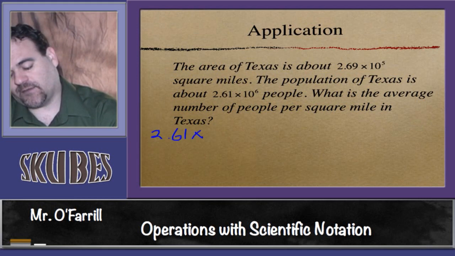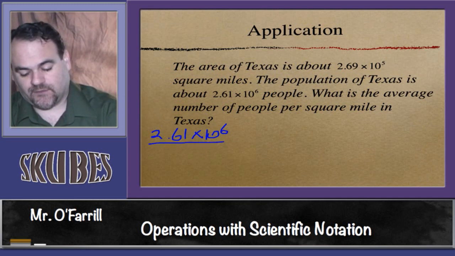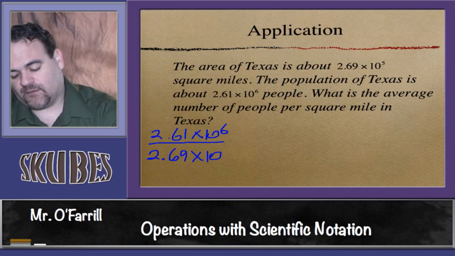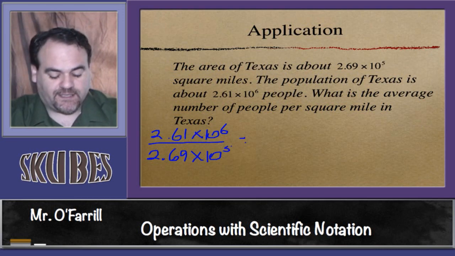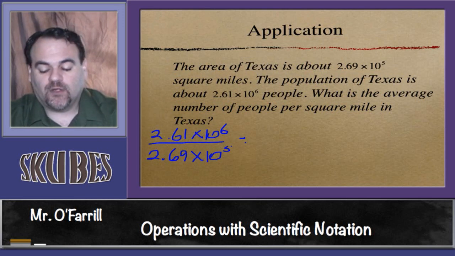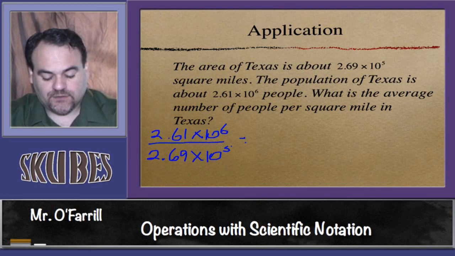2.61 times 10 to the 6th over miles. 2.69 times 10 to the 5th. And doing exactly what we just did on the last problem, we can split it up. Let's do 2.61 divided by 2.69,